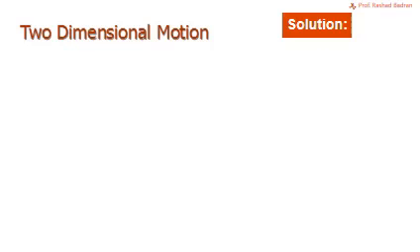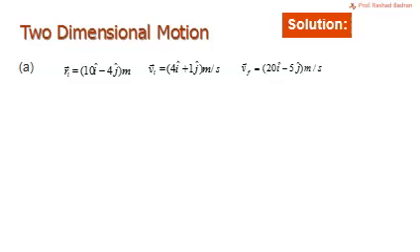Well, to solve this example, after drawing the sketch of the fish, let's put in the information we have in the problem. The initial position is given as 10 i hat minus 4 j hat meters. The initial velocity is given as 4 i hat plus 1 j hat meters per second, and the final velocity